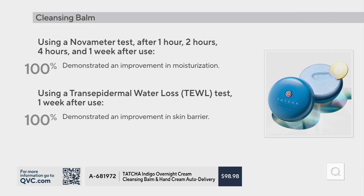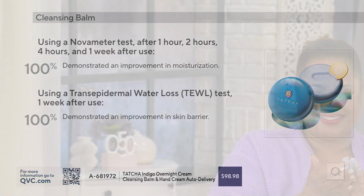Novometer test, this is measuring hydration. After 1 hour, 2 hours, 4 hours, 1 week, across the board, every single time, every person, improvement in moisturization. Again, no moisturizer involved. Then a tool test to show water loss. After 1 week, every person showed improvement in that skin barrier. Again, that affects the way our skin takes in stuff, how it holds hydration, all the things that help it